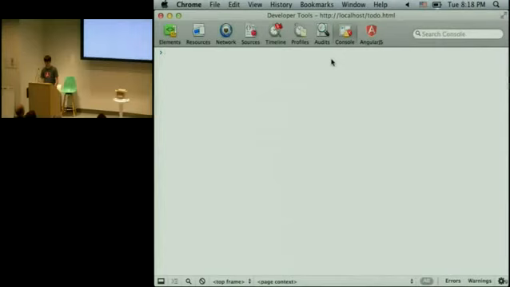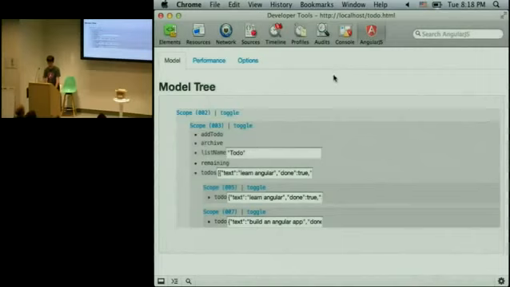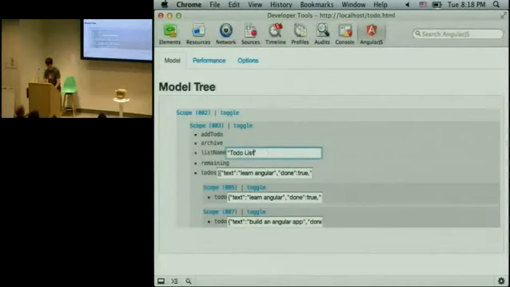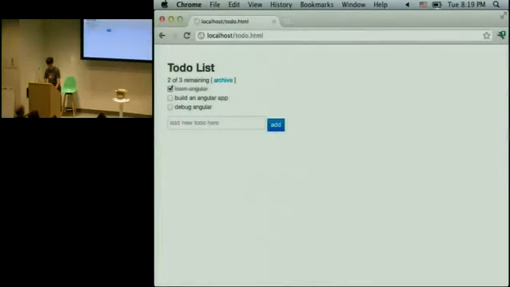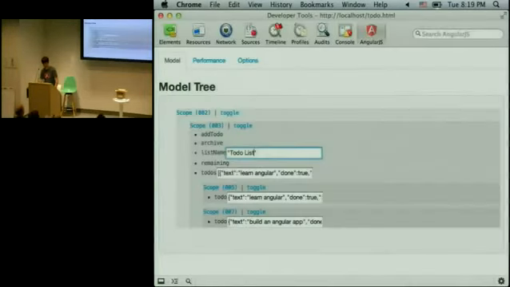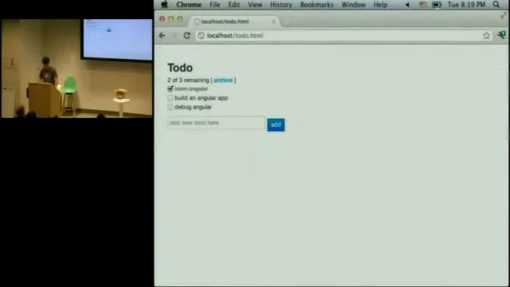So the Web Inspector gives you a lot of cool things out of the box, but we have this Angular tab here as well. You'll see there's a model tab, performance, options. This model tree illustrates the scope and then all of the different models, which are just properties of the scope. Right now this is just a JSON dump, and it doesn't have two-way binding, right? So you can change this, and there, it changed. It's a pretty basic feature, but I would assume that this would come in handy in a lot of